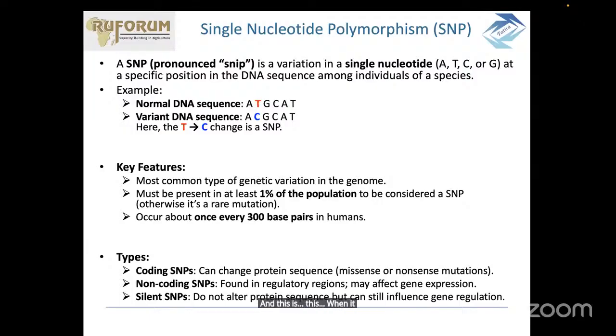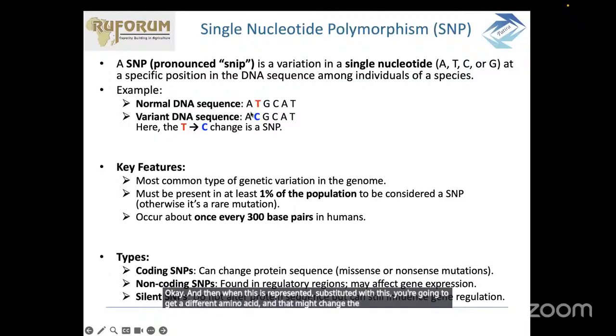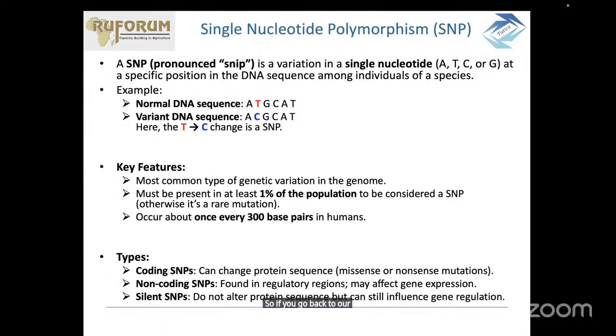When it happens in a coding sequence, it can change everything, because remember, when we're doing translation, every three nucleotides, a codon, represent an amino acid. Assume ATG, I think this is methionine, is an amino acid. When it is substituted with something else, you're going to get a different amino acid, and that might change the protein completely. So if you go back to our maize, maybe in that specific gene, the ones that were normal